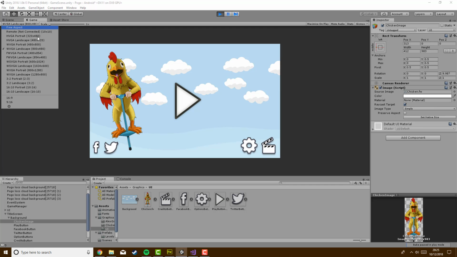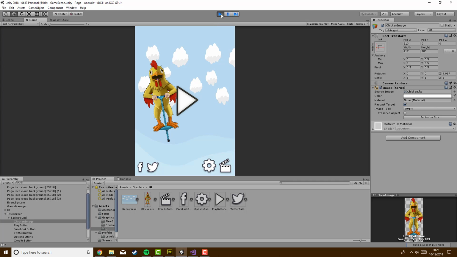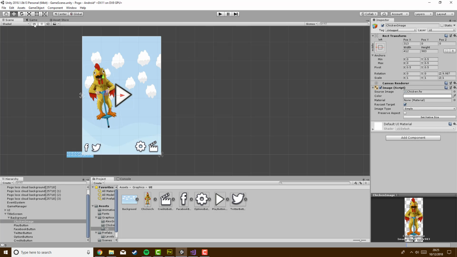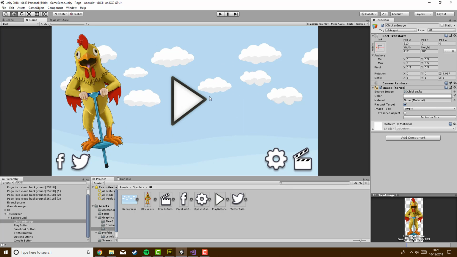Move right even. There we go. See, so he's not really changing height so much or anything either. Now, what if I want to, I don't know if you can see my mouse twitching every now and again, it's pretty crazy. Let's say I want to make it so that the chicken is always going to stay full